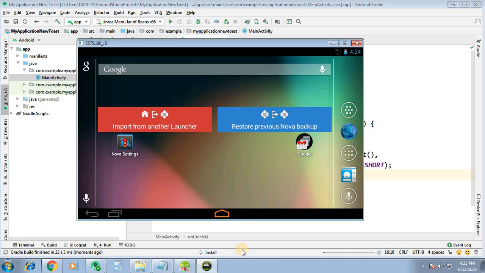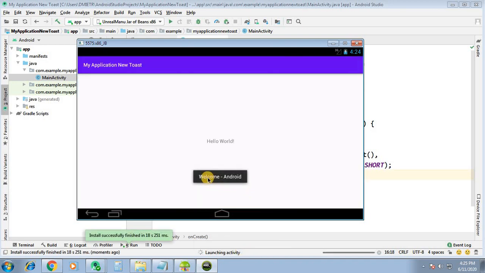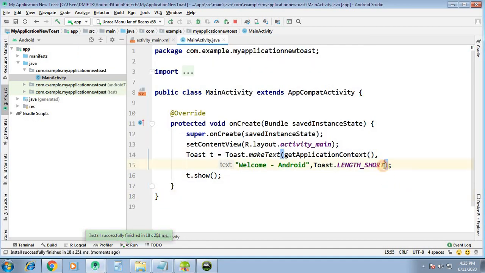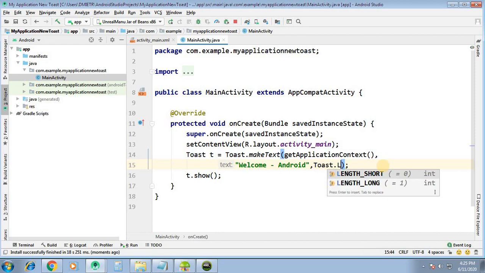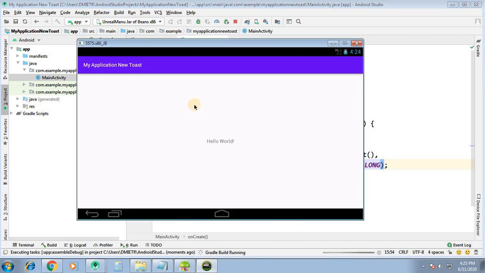The activity will be launched very soon. Now you can see the message here for a short period of time. So if we make it long, the message will appear for somewhat longer than the previous one.